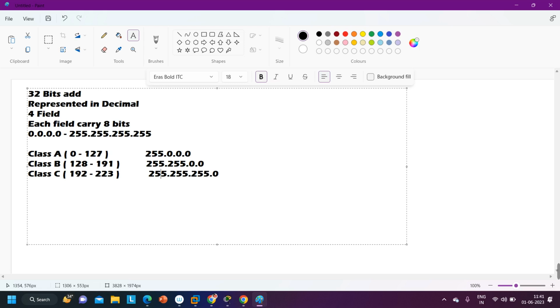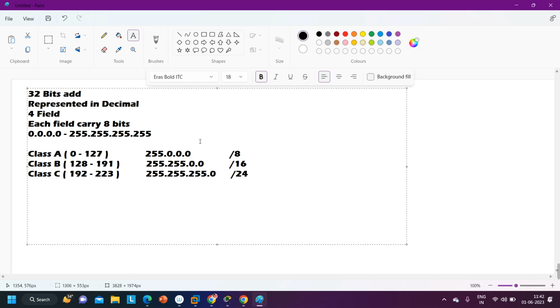Yes, that's correct. And again we have a default CIDR value for each class. The CIDR value of class A is /8, the CIDR value of class B is /16, and the CIDR value of class C is